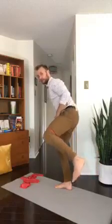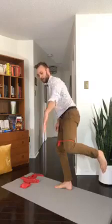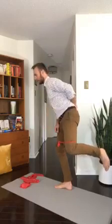Now, don't make the mistake of bringing the leg up and out. It's back and out to a 12 o'clock, 1 o'clock position there. Woo, that was tough. And then the last drill, guys, that we're going to do in our hip strengthening protocol